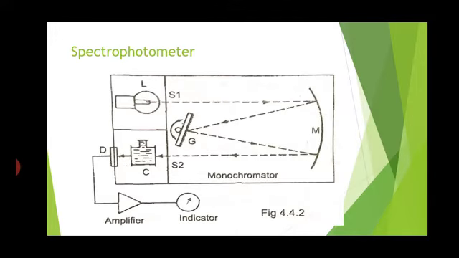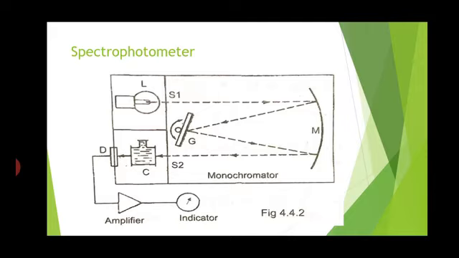First, they put the solution under observation in the cuvette C. Once they take the reading using the amplifier and indicator, they change the cuvette to the pure solution, and for that solution also they take the readings. Then, comparing both readings, they find the absorption level of the examined solution. In that way they find the absorption factor of the solution.